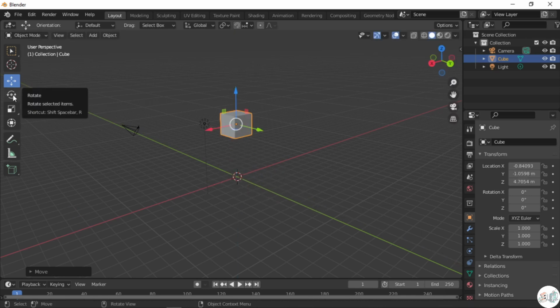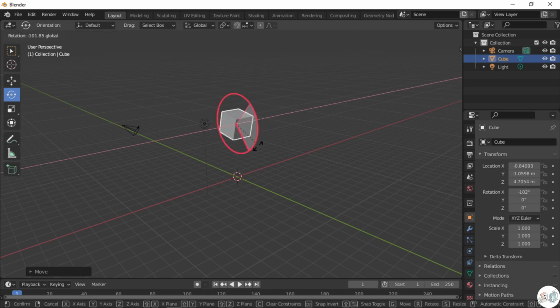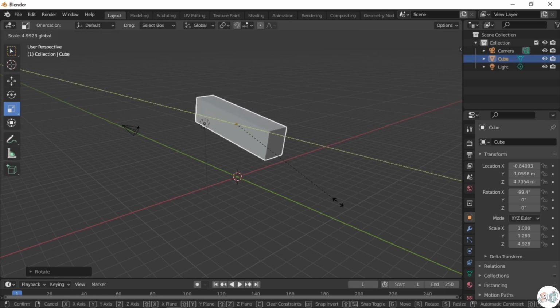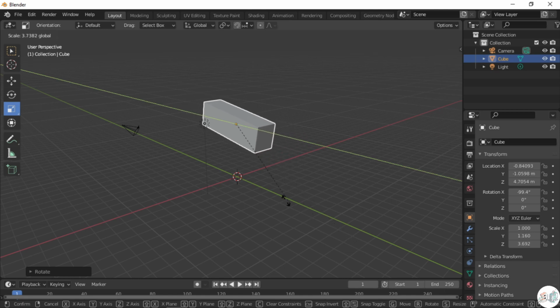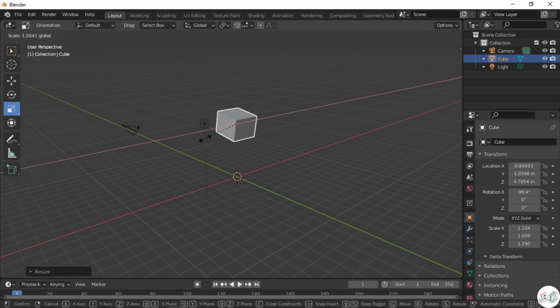The fourth tool is the rotate tool. This works similar to the move tool, but it rotates the object in a particular axis. And the next option is scale. The scale option is used to increase the size of the component symmetrically in any axis that you want. For example, I'm scaling the object in the y-axis. As you can see, it's symmetrically scaling the object. It's not scaling the object on one side, it's doing it on both sides to maintain the symmetry.